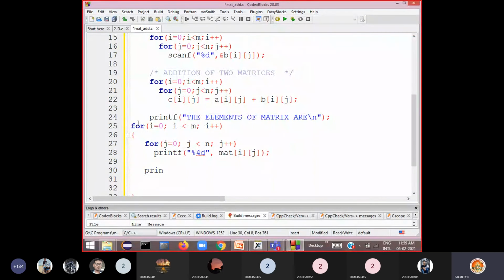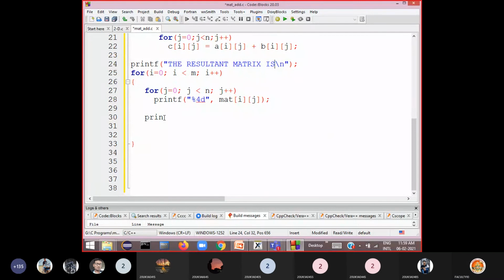Here I write printf, the resultant matrix is.